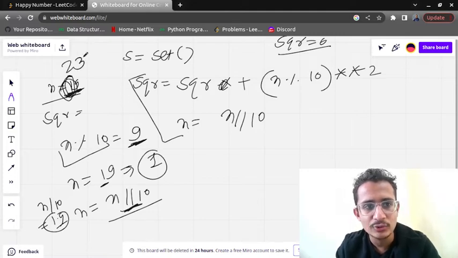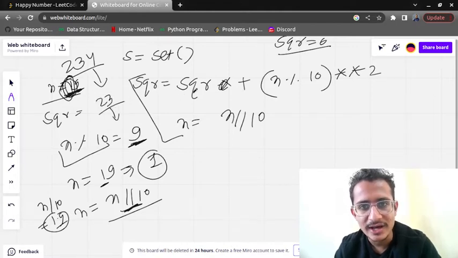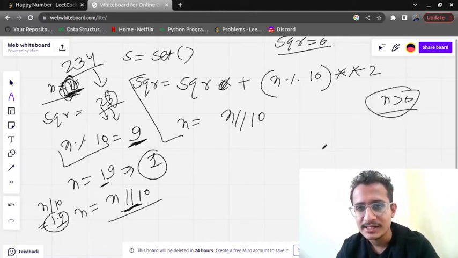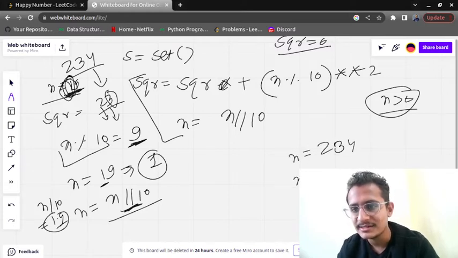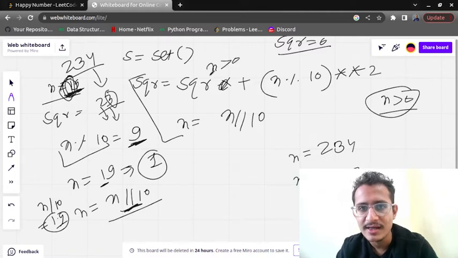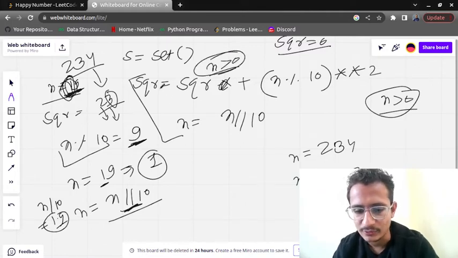Suppose you get the number 234. First we get 4, then our n becomes 23, then in square we get 3, so again n becomes 2, then we have 2, and like this. It should work in a while loop until n is greater than 0, because n is divided to become 23, then 2, then 0. So this loop should run until n is greater than 0.